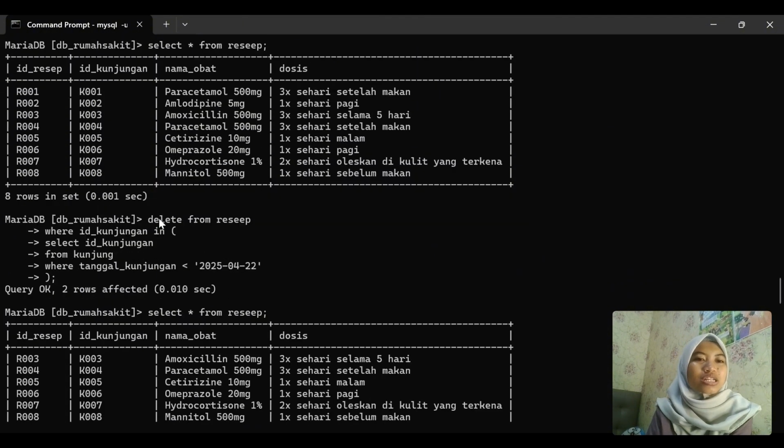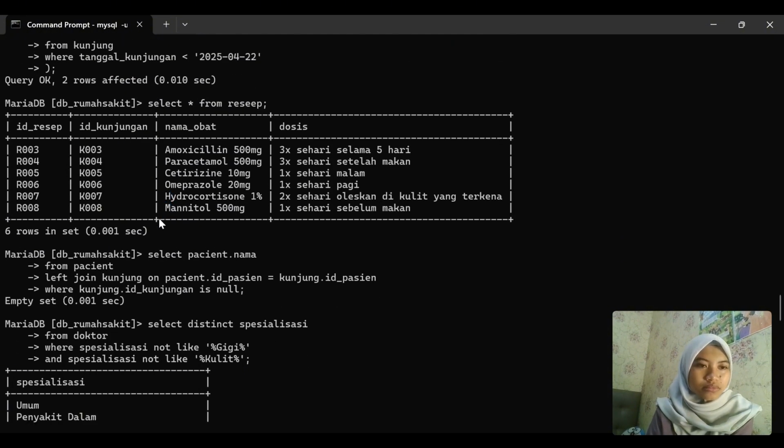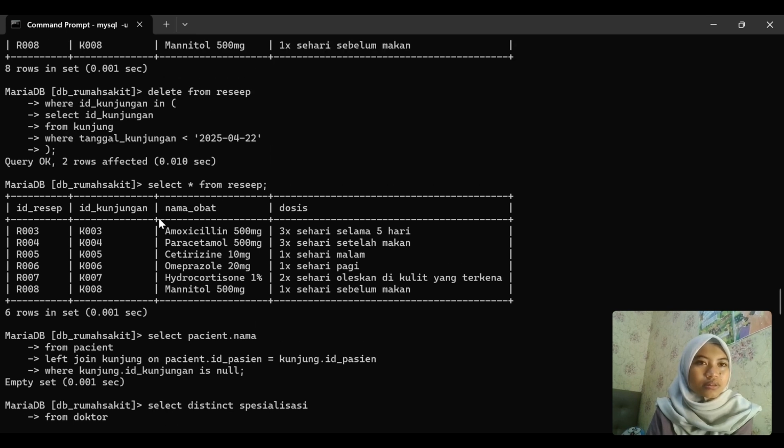And next I answer number 9. For number 9, I use this query to delete prescription data given during visits that occurred before April 22, 2025.